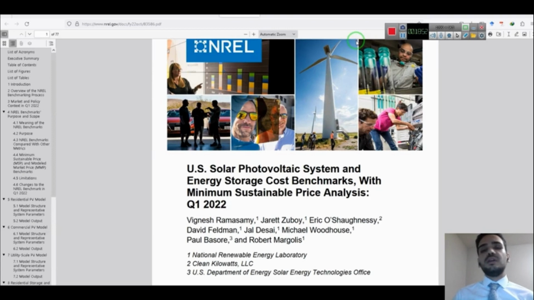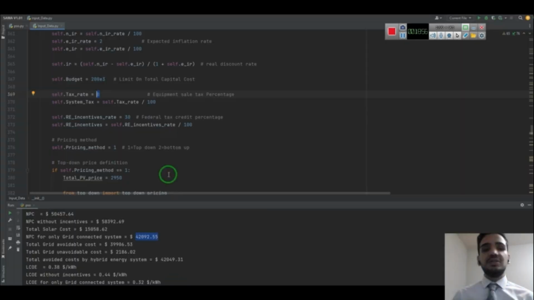But if you want more accurate results, you can use the bottom-up, the second option for pricing definitions inside SAMA. In the bottom-up pricing methodology, you need to define each equipment's capital cost, replacement cost, and maintenance and operation costs in detail.